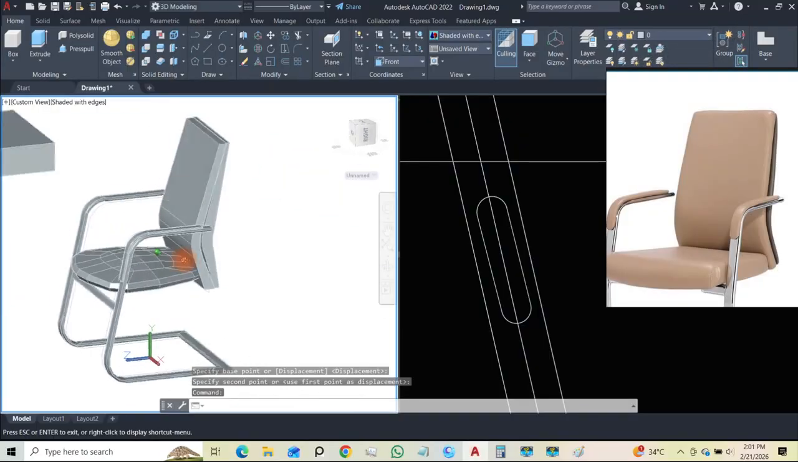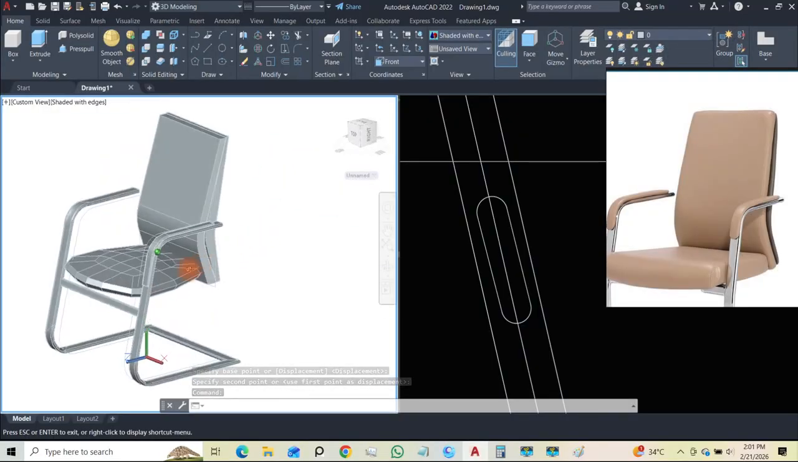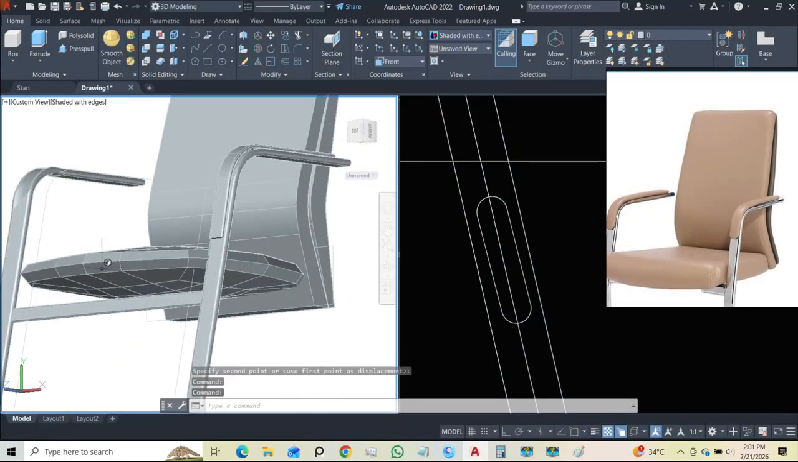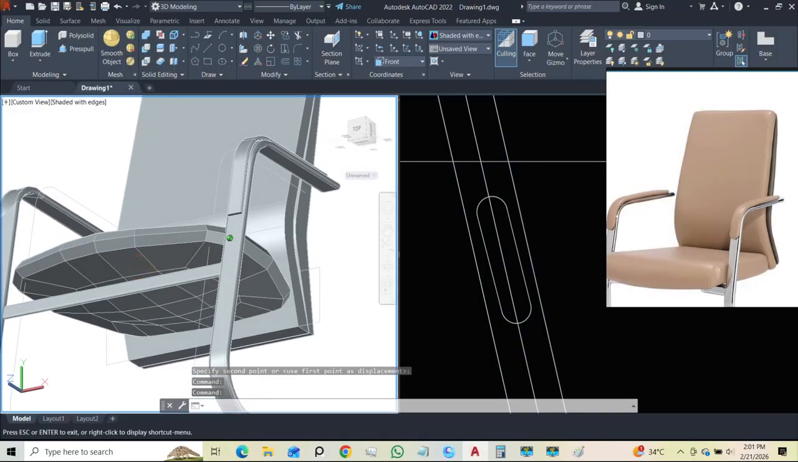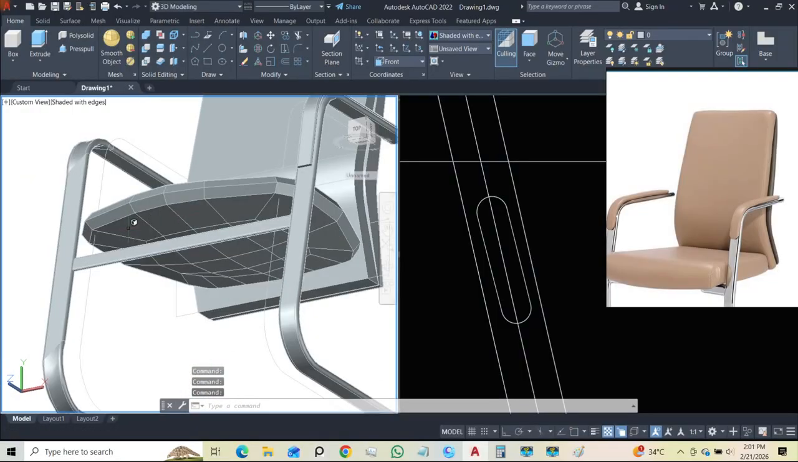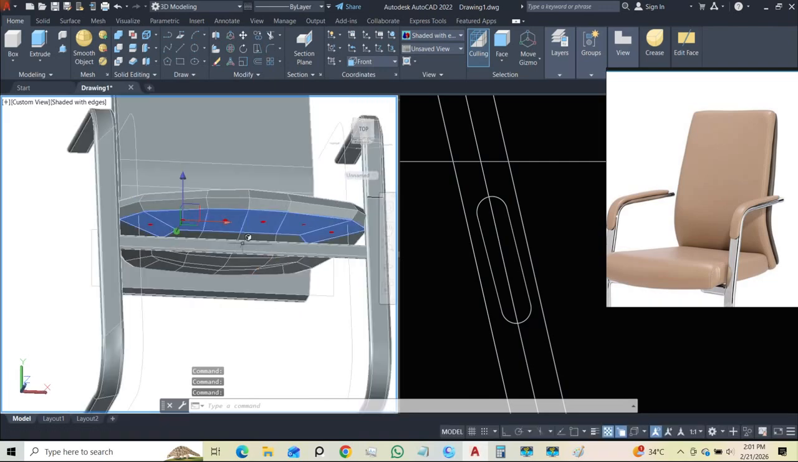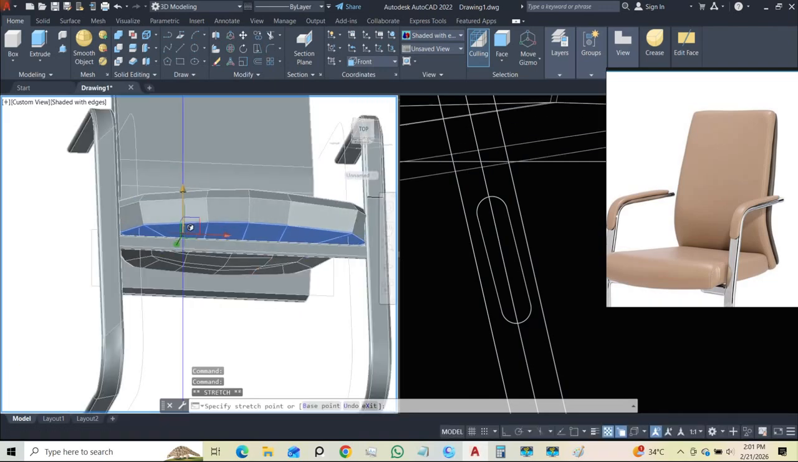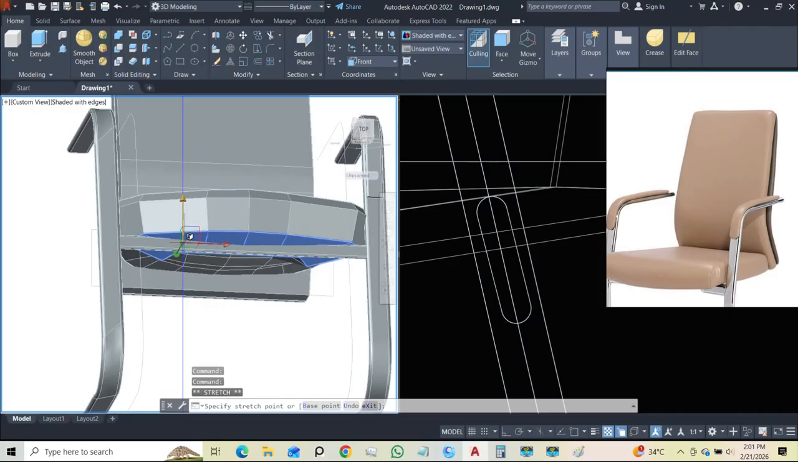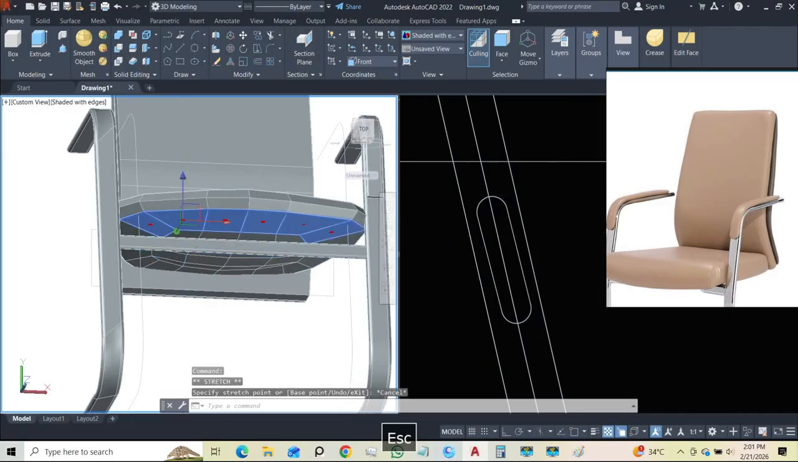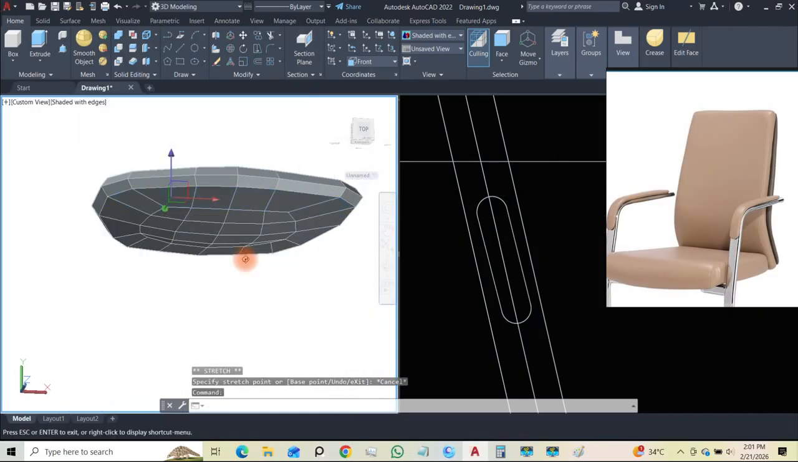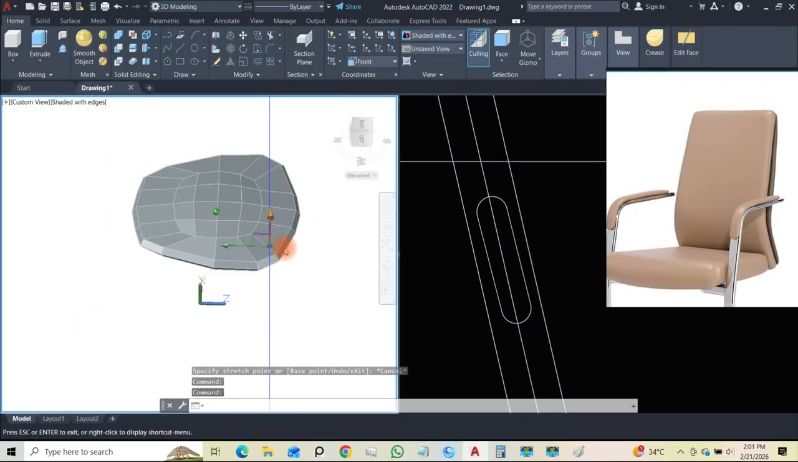So the only thing left is, because right now this is really flat, we can select this face, all this base, select them and just move them down like so. Or you could also select this front part,